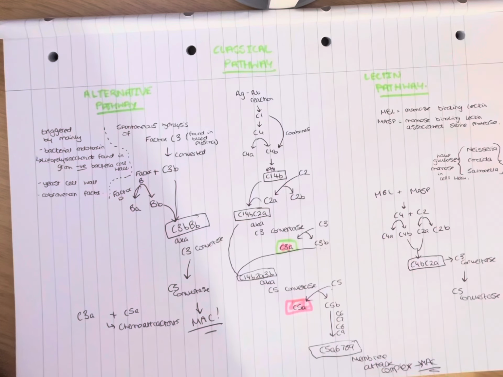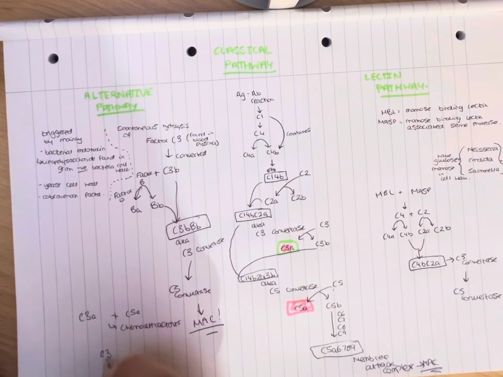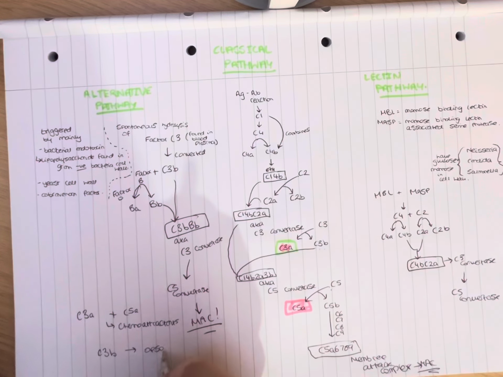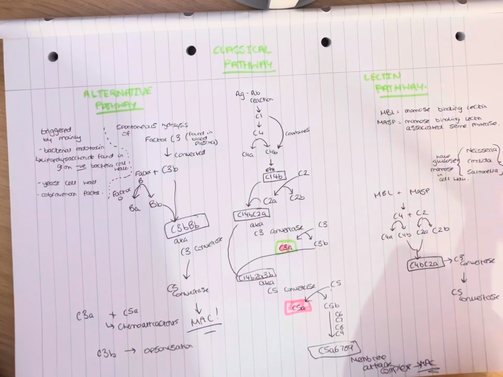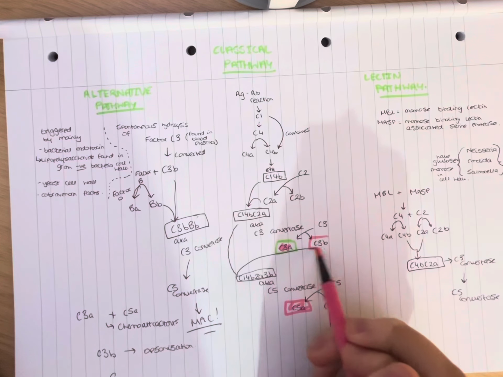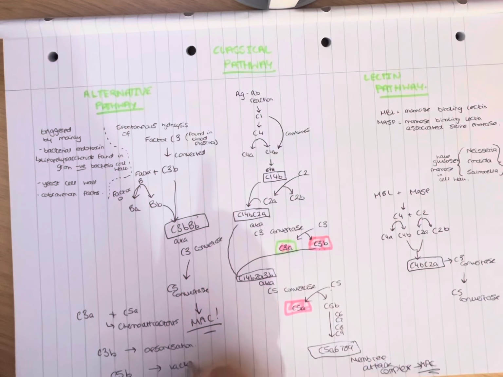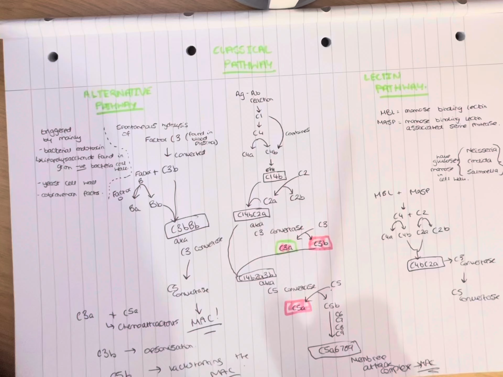Then we've got C3B. This would be involved with opsonization, which I believe is linked closely with phagocytosis, and then it releases something on the cell surface. I'll find out more about that later. Then we've got C3B here. And then finally C5B. And the role of that would be kickstarting the MAC, or membrane attack complex. And C5B is here, of course, that then causes the attack of the